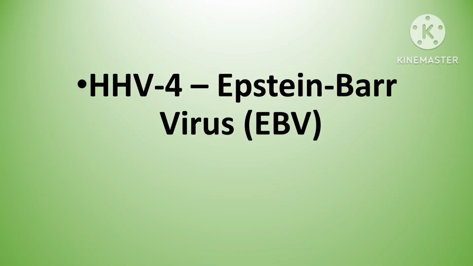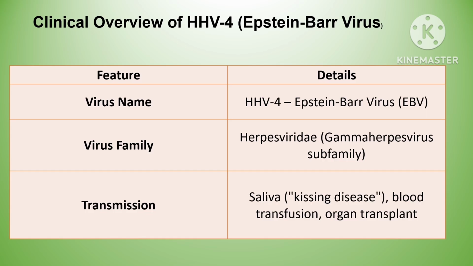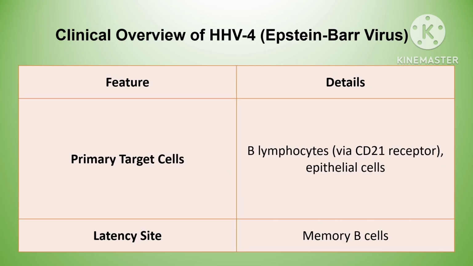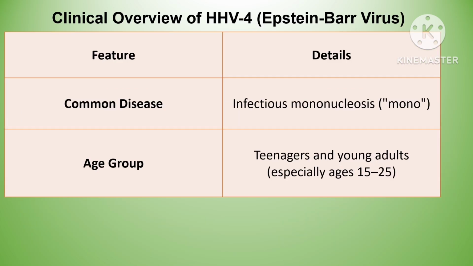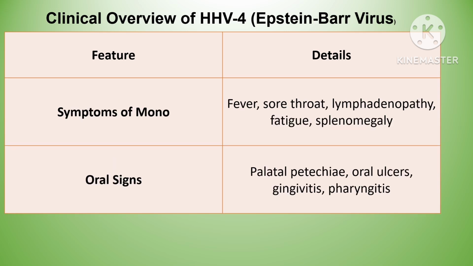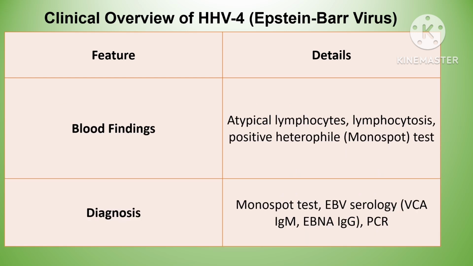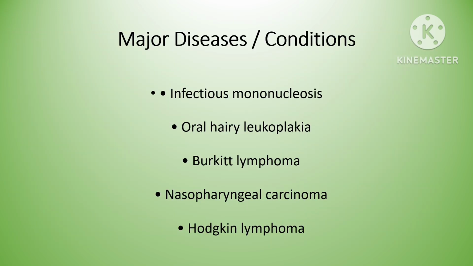Epstein-Barr Virus is HHV-4 and belongs to the gamma herpesvirinae subfamily. It mainly spreads through saliva, earning its nickname, kissing disease. EBV has a strong attraction to B lymphocytes and can remain latent there for life, reactivating in certain conditions. The most common illness it causes is infectious mononucleosis, usually in teens and young adults, with symptoms like fever, tiredness,